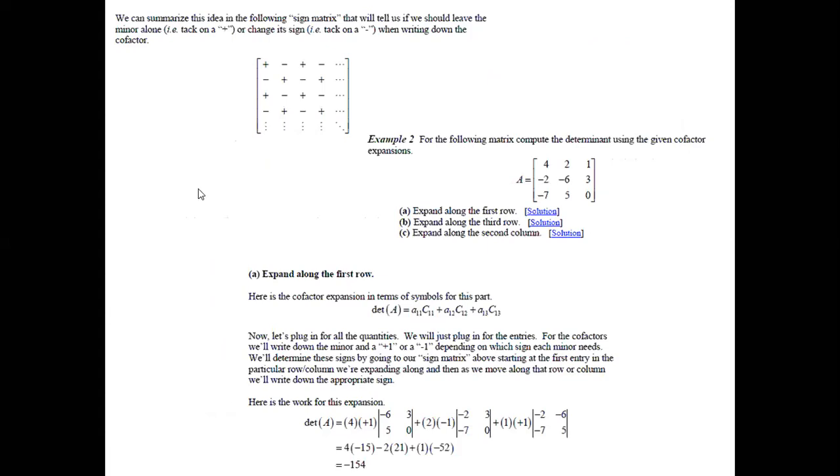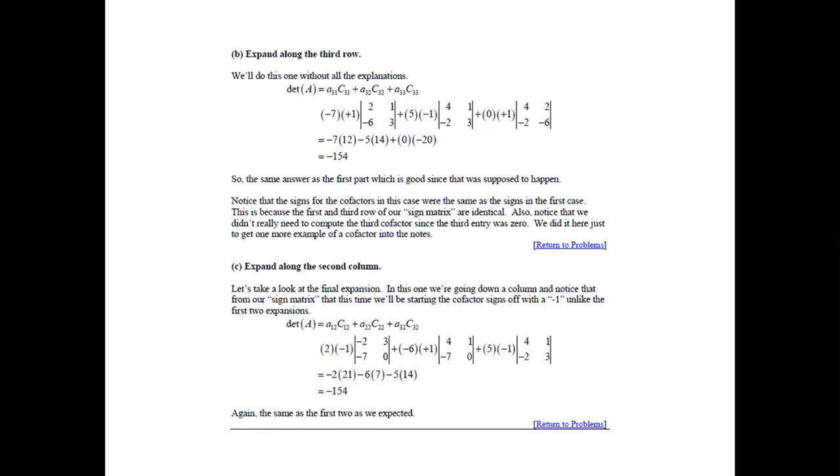And then I have put the sign here, this matrix comprising of signs. It will help you in remembering if you want to remember. If you don't want to remember, just use the property that we have minus 1 raised to i plus j into Cij. If you do that, you don't have to remember this sign matrix. But for those students who want to just remember, you can also use this matrix. So the signs will alternate in the row, and the signs will also alternate in the columns. So you have plus minus on the row, plus minus on the columns.